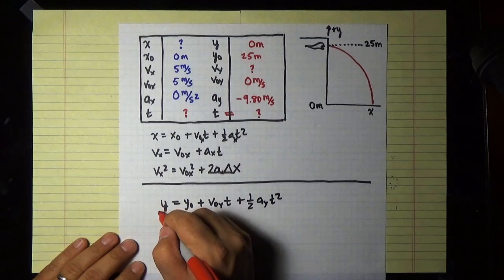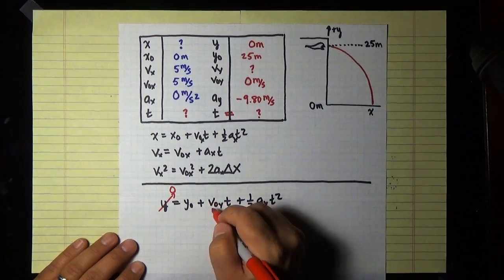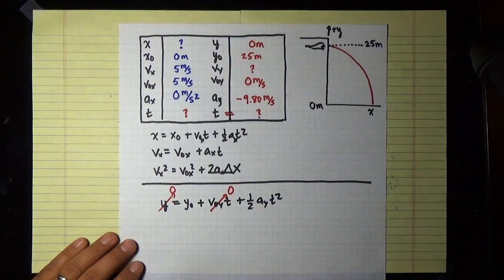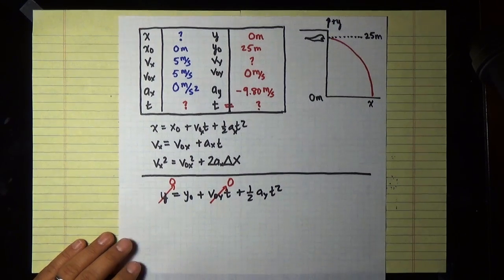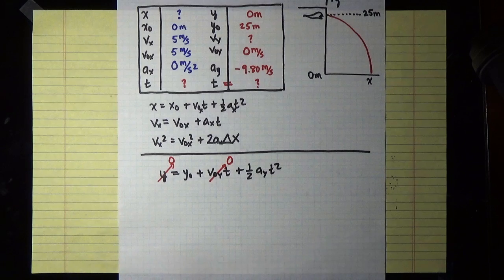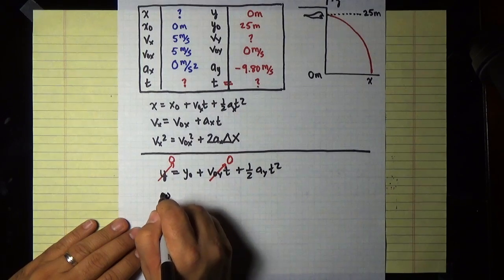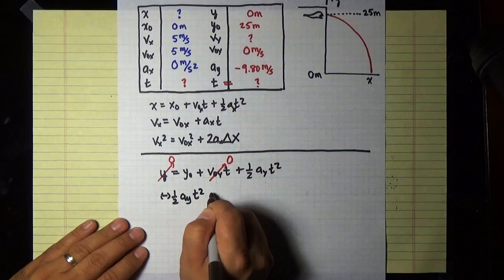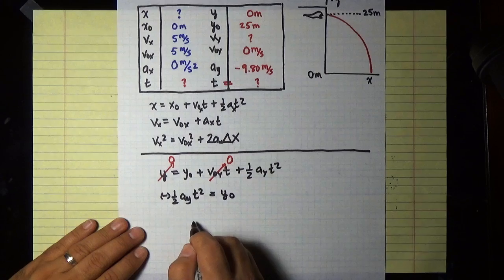In particular, the final position is 0 because it hits the ground, and the initial speed is 0 because all of the motion initially when it emerges from the cliff face is horizontal. Okay, so that being the case, I can now solve that equation for time. So I see that minus a half a_y t squared is equal to y naught. And if I solve for t,